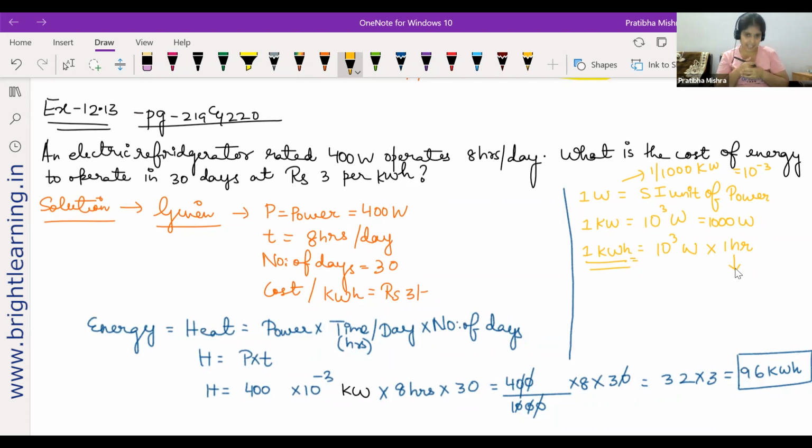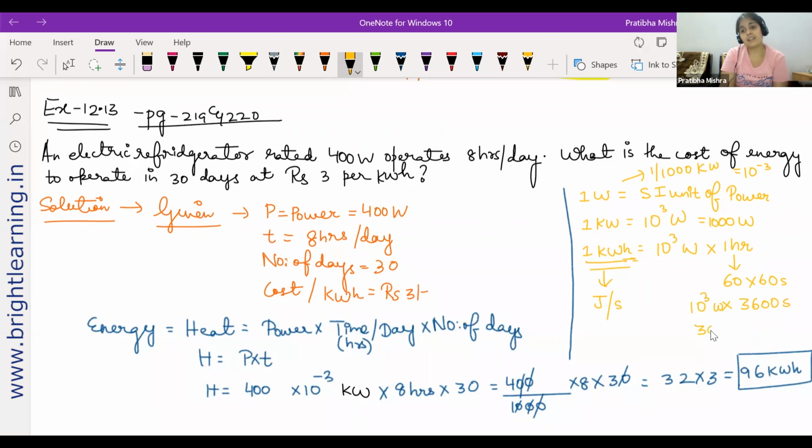joules per second, then how can you do it? While expressing anything in joules per second, hour has to be converted into seconds. And watt has to be watt itself, because watt into second is nothing but joules. So kilowatt hour is nothing but joules, actually. Yeah, this is what I wanted to say. So 1 hour is nothing but 60 minutes, 60 minutes into 60 seconds, so 3600 seconds totally, and this is 10 to the power 3 watt.